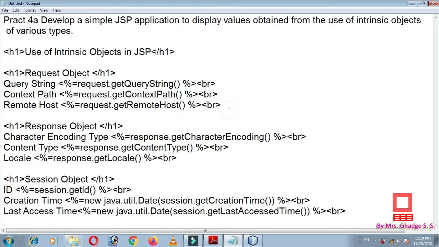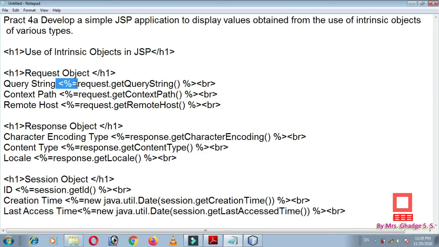Let us first see the request object. The request object is the object of the HttpServletRequest class, and we can obtain the query string, context path, as well as remote host by using the methods getQueryString, getContextPath, and getRemoteHost. Here is the syntax, less than percent equal to.